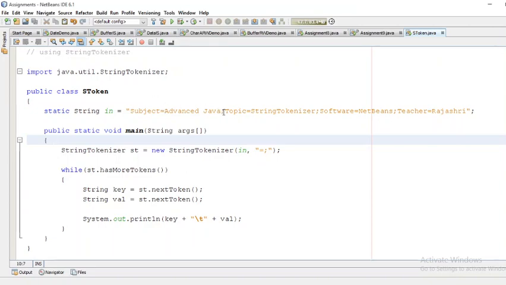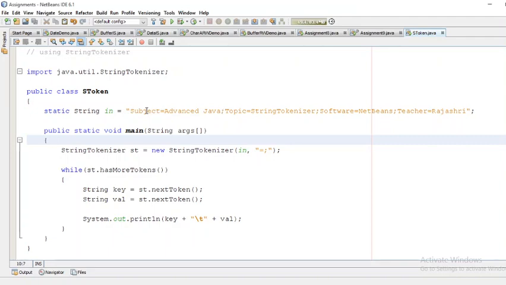That means while reading this string, whenever I get an equal sign or a semicolon, whatever string I get after that symbol is considered as a new token. So how many total tokens are there?